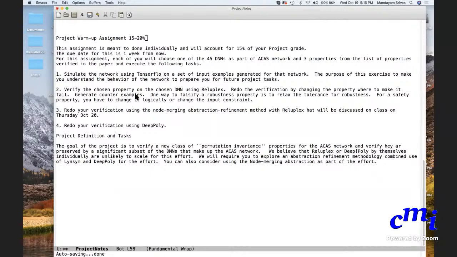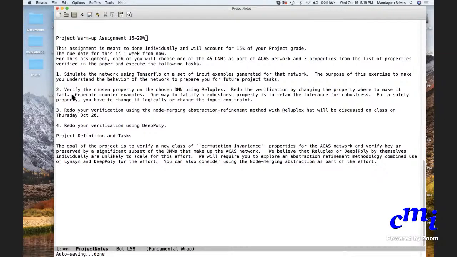Then you verify the chosen property and the chosen DNN scenario using ReluPlex under Marabou. Then you redo the verification by changing the property in such a way to make it fail. For a safety property, it might not be possible, no? Maybe you could change the input.